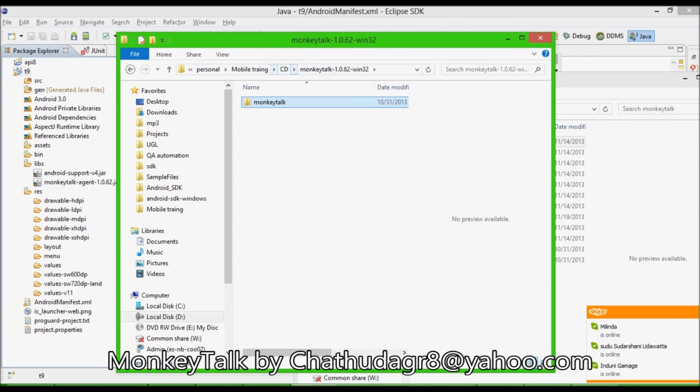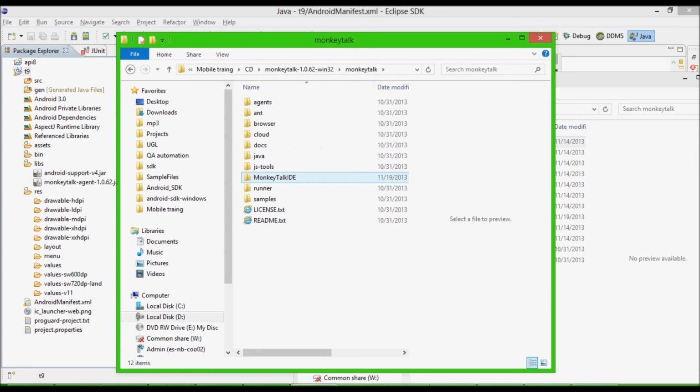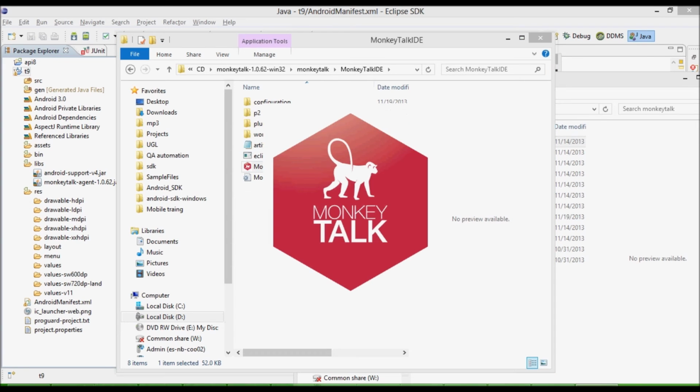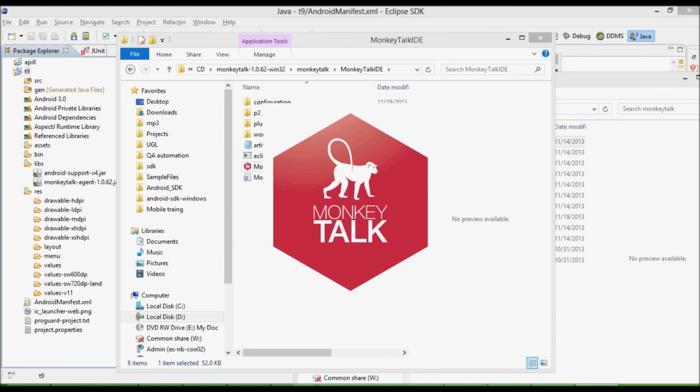When you download your MonkeyTalk application, you will find an archive folder like this, with the version number. Just unzip it, and you will have something like this, MonkeyTalk IDE. Double click on MonkeyTalk IDE.exe, and then it will open. Just click OK, and while it's opening,